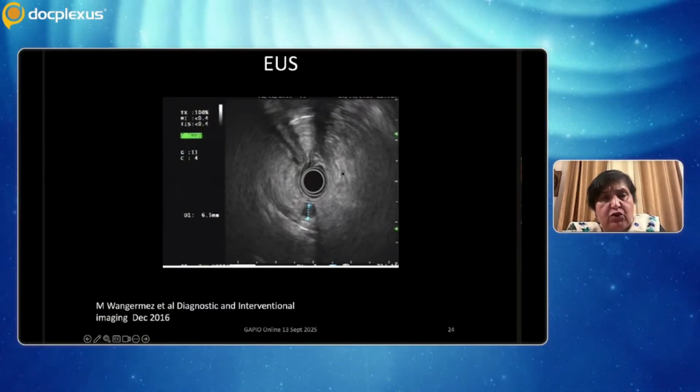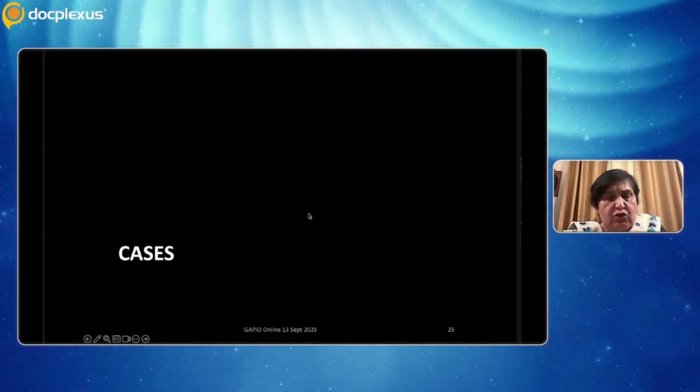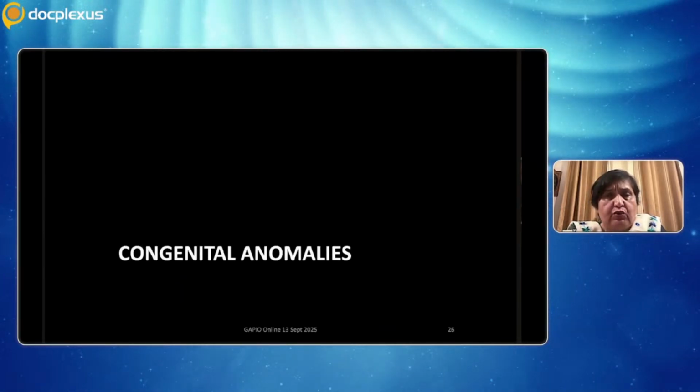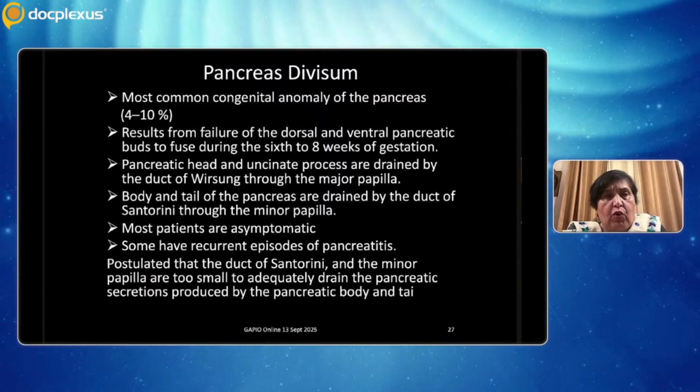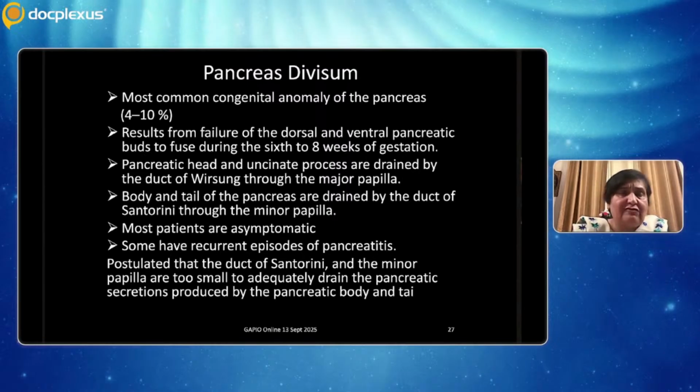So this is what an endoscopic ultrasound would look like, and that's the lesion over there, which can even be biopsied on endoscopic ultrasound. So now let's go through a few cases. So congenital anomalies, one of the most common congenital anomalies is the pancreas divisum, which occurs in 4 to 10%